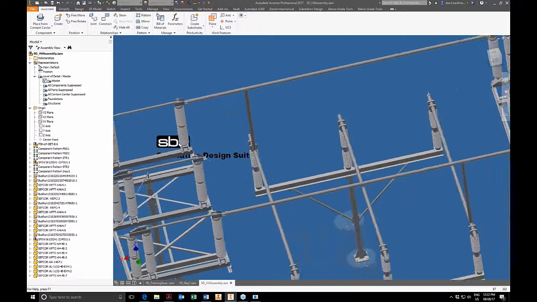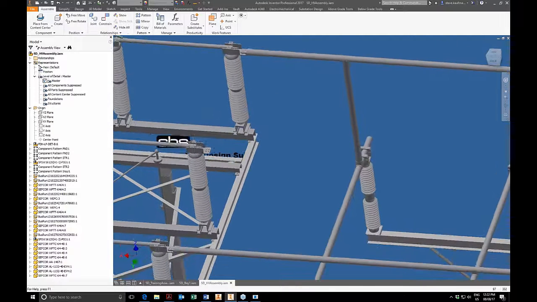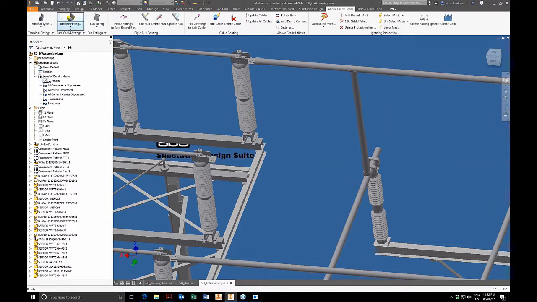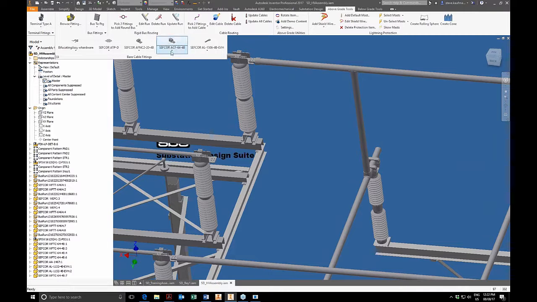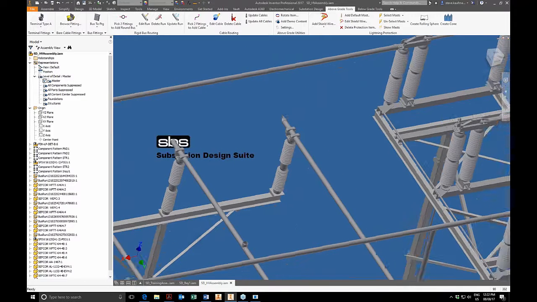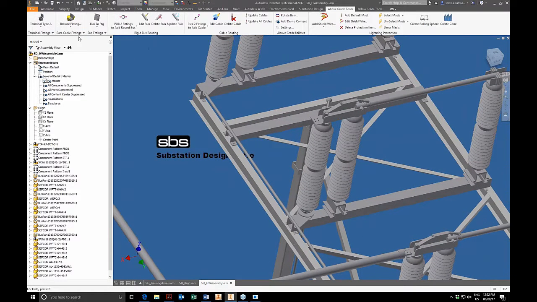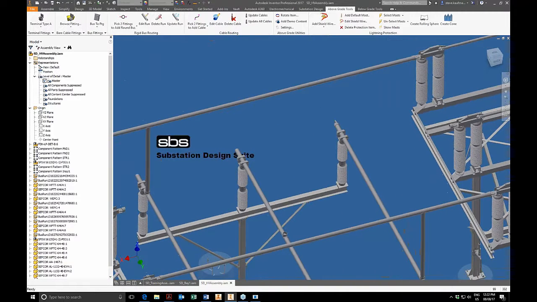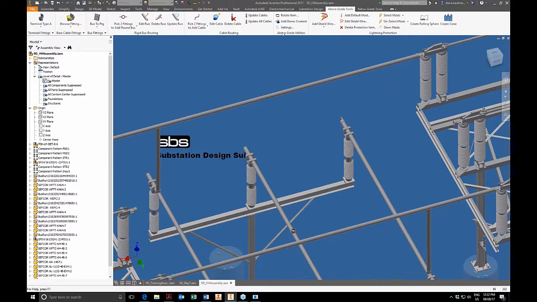So what we want to do, we want to place a piece of bus in here in the B phase. So we can go to our above grade tools, and we're going to place a fitting, and we'll place a bus fitting here. And then we can place a bus fitting over here as well. And again, I'm going a little fast, but this will be recorded, and we can go over it at a future date. So I got my 2 fittings in here,